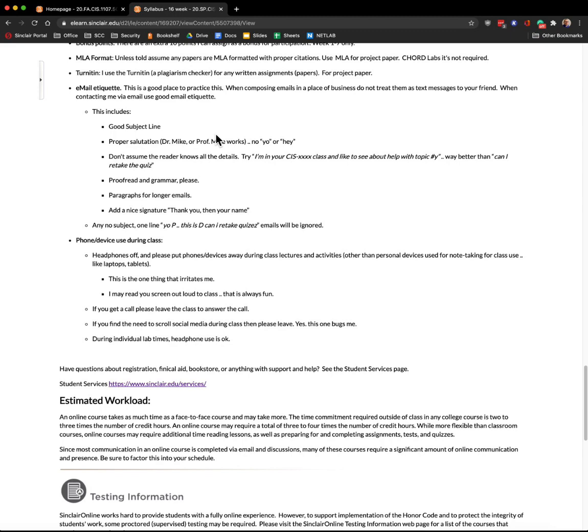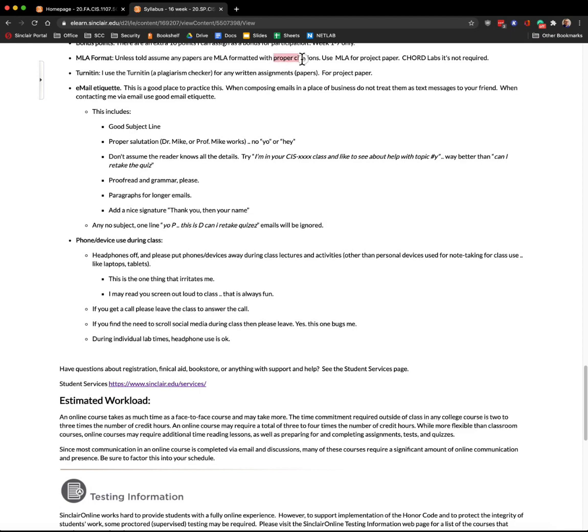Papers. When papers are turned in, try to use MLA format. Probably more important is that you'll be told whether or not to use it for certain assignments. In some classes I have, I don't require any kind of academic format. Maybe I just want a more professional format. So it depends on the class, but assume MLA format.